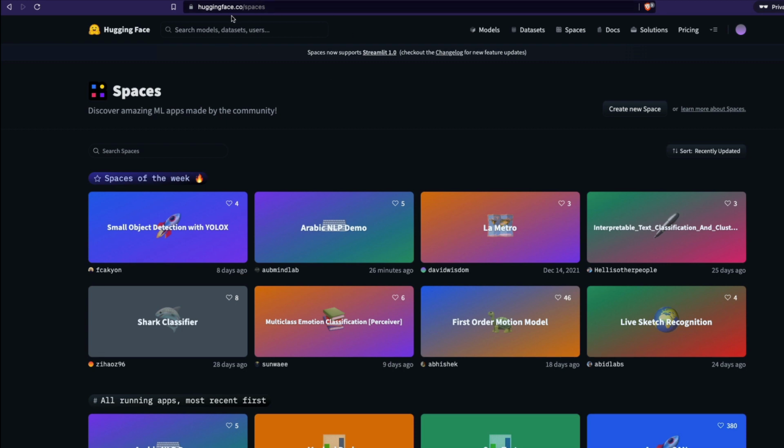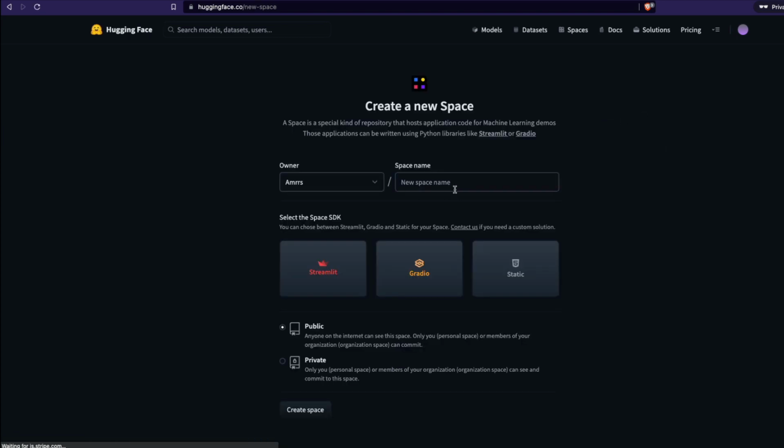After you log in, this is what you would see. You have to log in on Hugging Face Spaces, and for that you need a Hugging Face account, of course. After you reach the screen, create a new space and then give a name. I'm going to say PDF table extractor, and you have to select Streamlit because we are building a Streamlit application. Do you want to keep this repository public or private? I would of course love to keep it public so that people can learn from this.